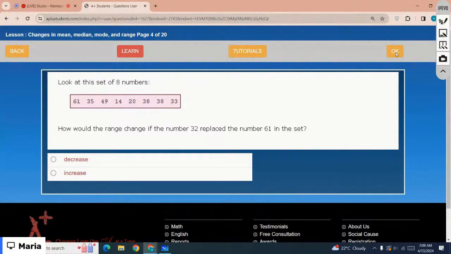Look at the set of 8 numbers. How would the range change if the number 32 replaced 61 in the set? First, let's calculate the